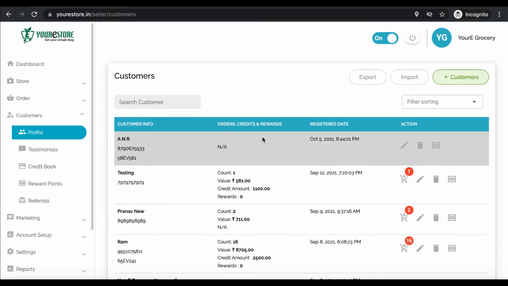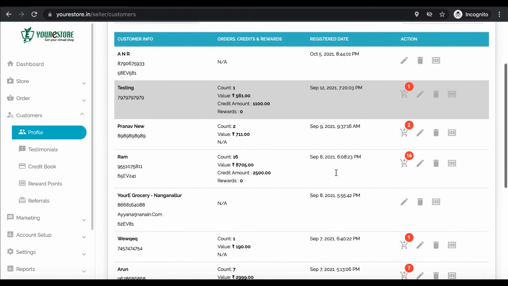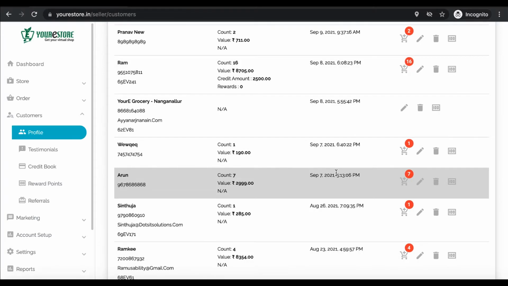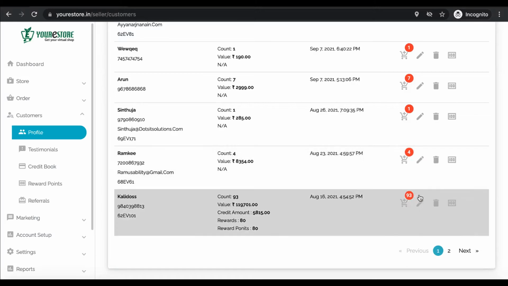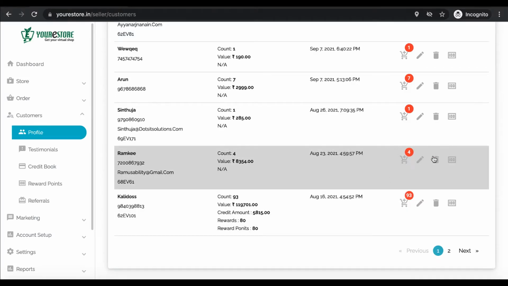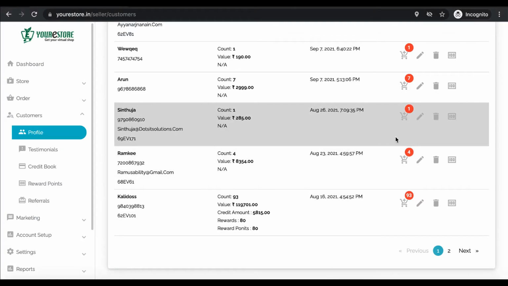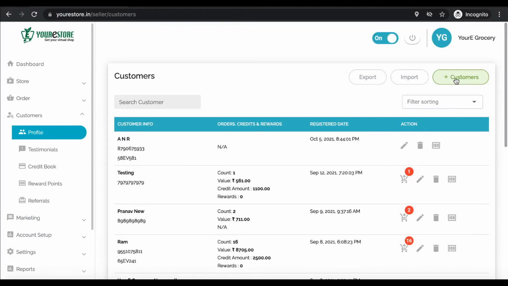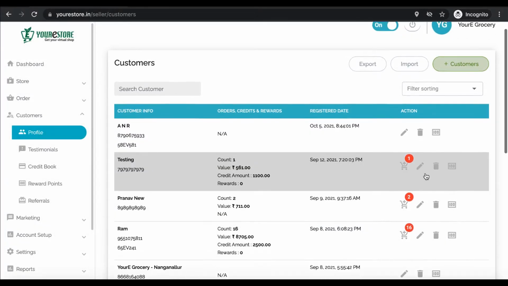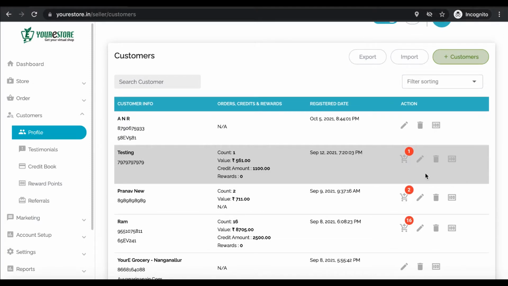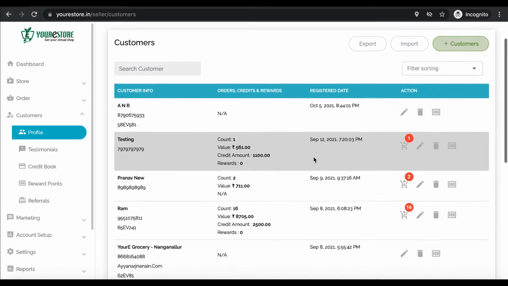Customer profile. Every time a new customer places an order in your store, their name and information appear on your customer list. You can see and manage all your customers at the customers page in your shop admin panel. From there, you can add new customers, edit customer type, delete, filter, add credits or search for a customer profile. See all orders placed by a specific customer.